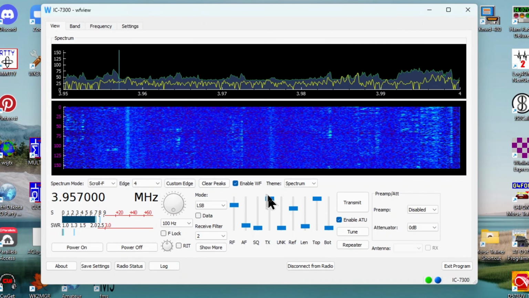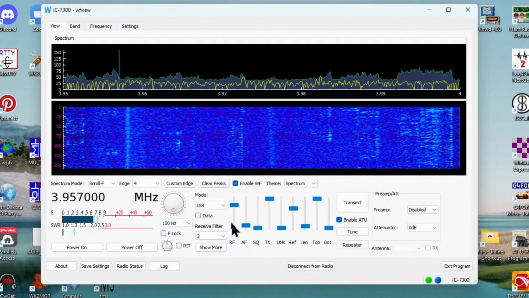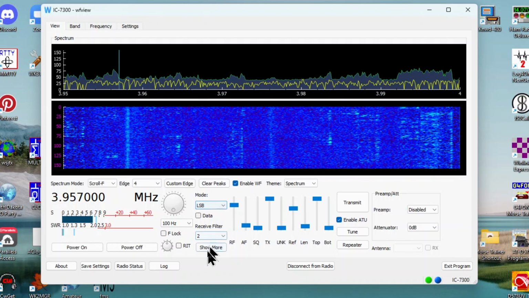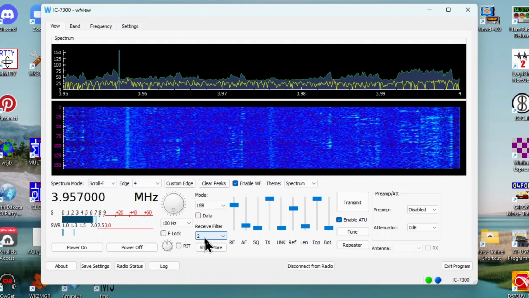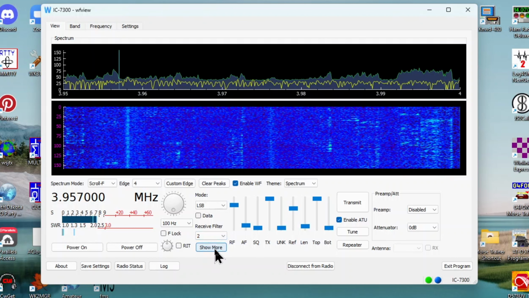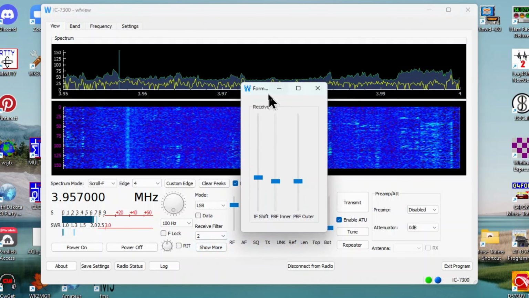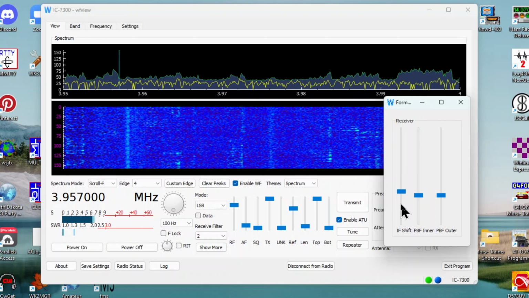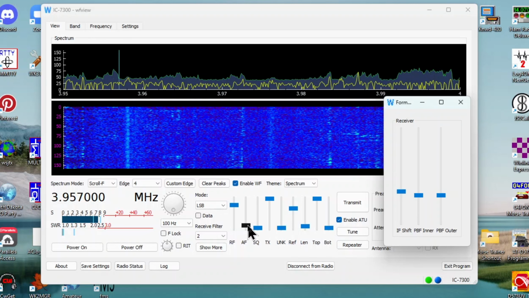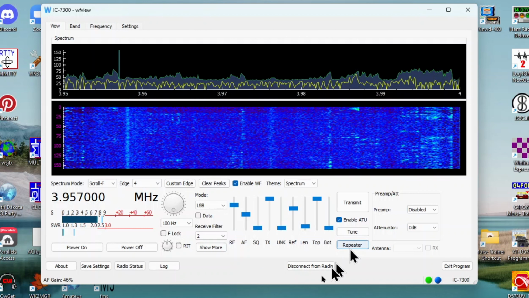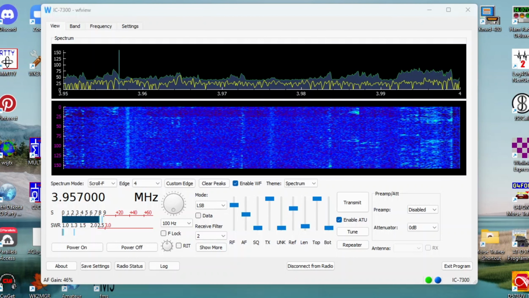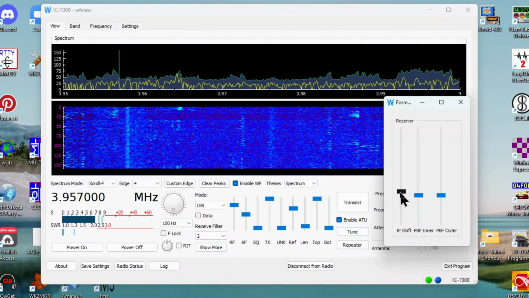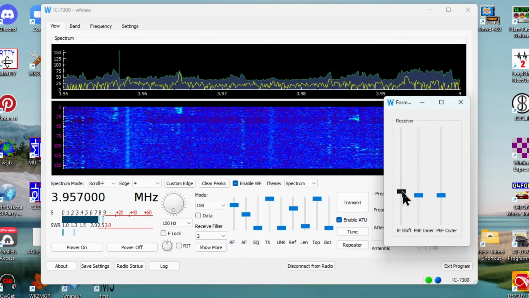Go back over to view, and I'll show you another thing that I like about it. I can change the modes in here, but this receive filter, I'm on number 2, and if I click on show more, it brings up this little form, and the IF shift. So if I'm listening to a station in there, and there you go. If I'm listening to a station, I got the IF shift pulled down just a little bit,